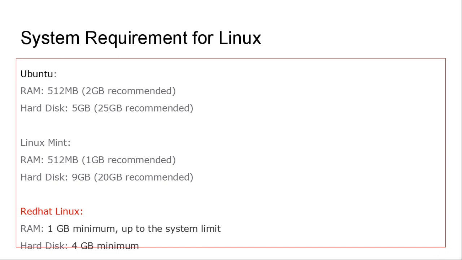Here is one thing you need to keep in mind: Ubuntu is mainly used across PCs, and Linux Mint you can use especially when you have a less powerful hardware configuration. And Red Hat Linux is quite popular for server grade systems. If you want to set up a server grade system for your experiment or at your workplace, then Red Hat Linux can be a good choice for you.